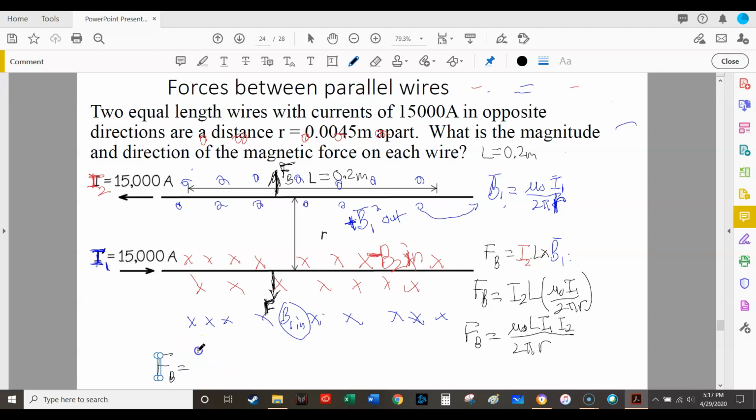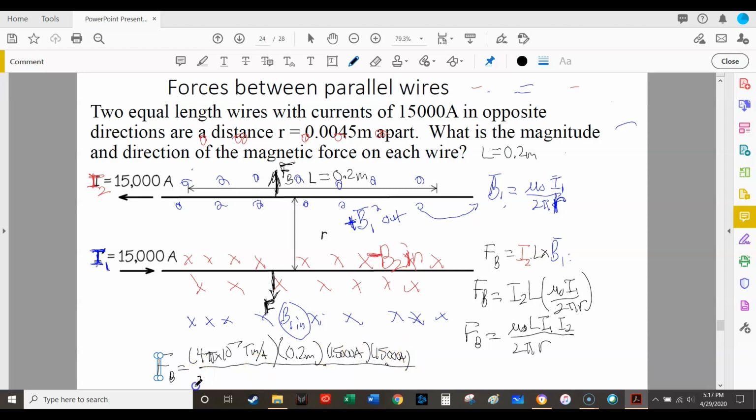So mu naught is going to be 4 pi times 10 to the negative 7th, and that's Tesla meters per amp, and it's going to be multiplied by this is a pi, times the length, which is 0.2 meters, times current, each current, which is 15,000, so this is 15,000 amps, times 15,000 amps, that's going to be huge,